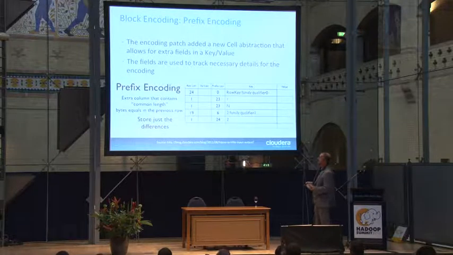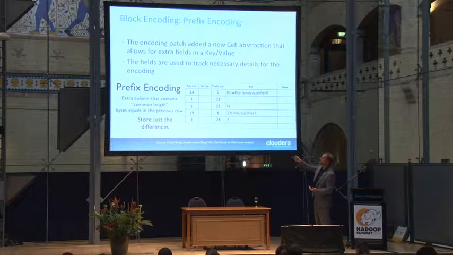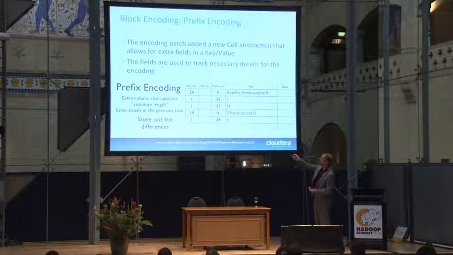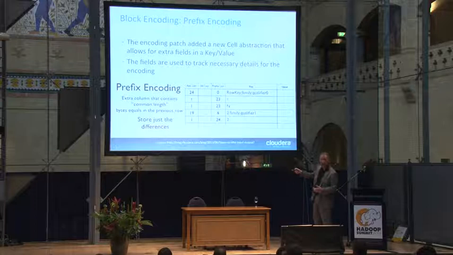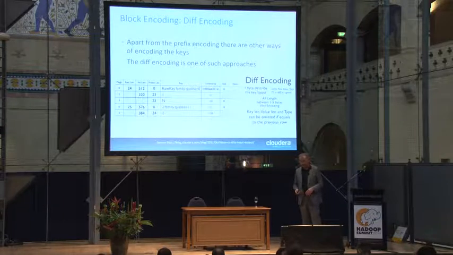With the prefix encoding, you're actually storing for the key only what changes. So this one is 24, as we saw before, and the next one is basically there's a prefix of 23 same characters as the one before. Then there's one change, which is the number 1, so 0 changes to 1, and this one to n, and so forth. You can see how this goes down from 24 to 1 only, right? So this condenses all of this overhead in the encoding. But as I said, it only works on the key.